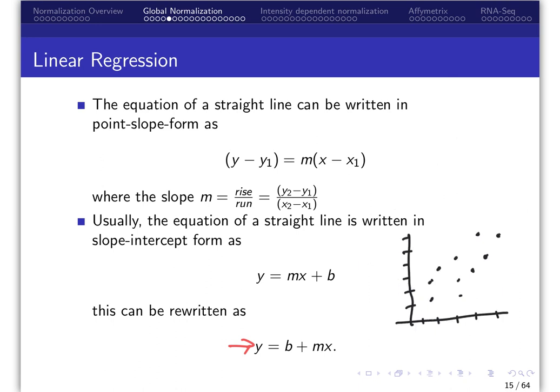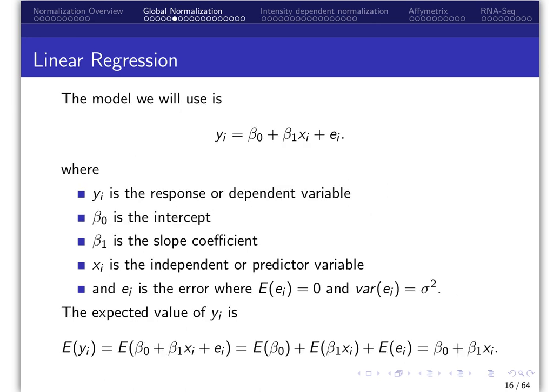That is, we may have many pairs of observations to which we want to fit the best straight linear relationship. Regression considers the frequency distribution of one variable when another is held fixed at each of several levels. Our goal is to fit a line that permits some error, since the linear relationship is not perfect, and the model we will use is y sub i equals beta naught plus beta 1 times x sub i plus e sub i,